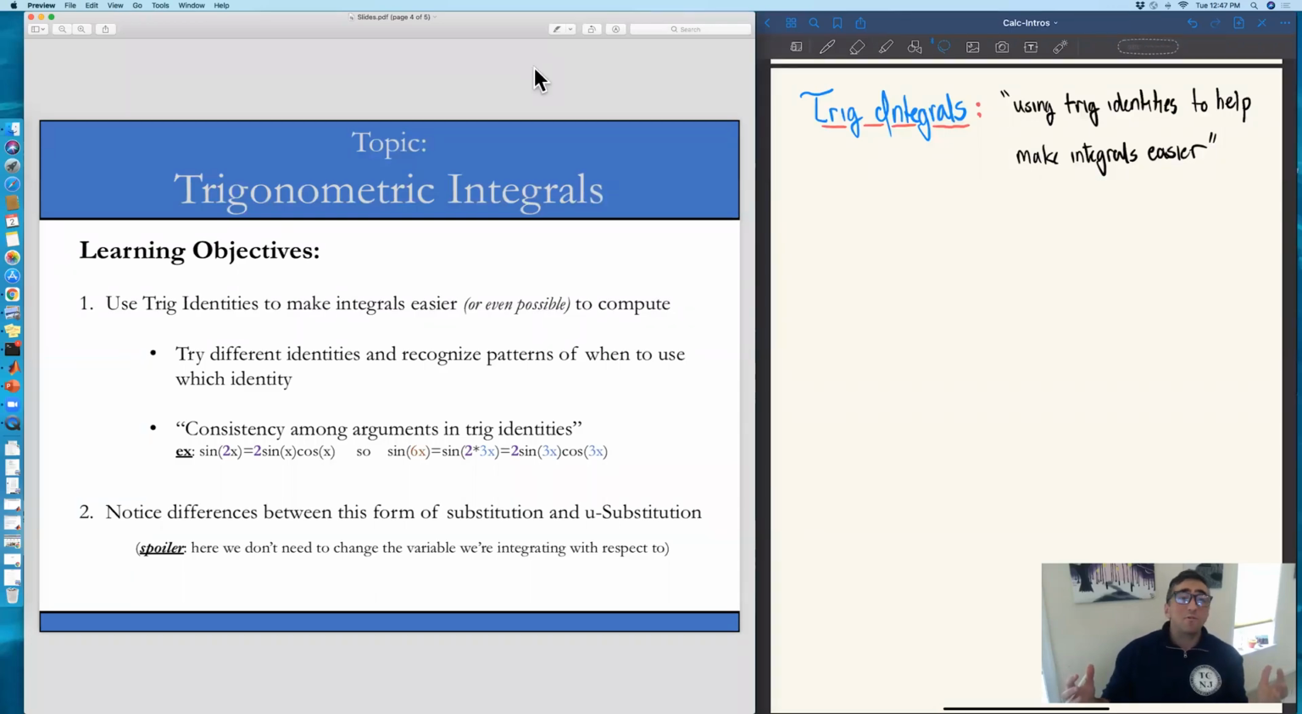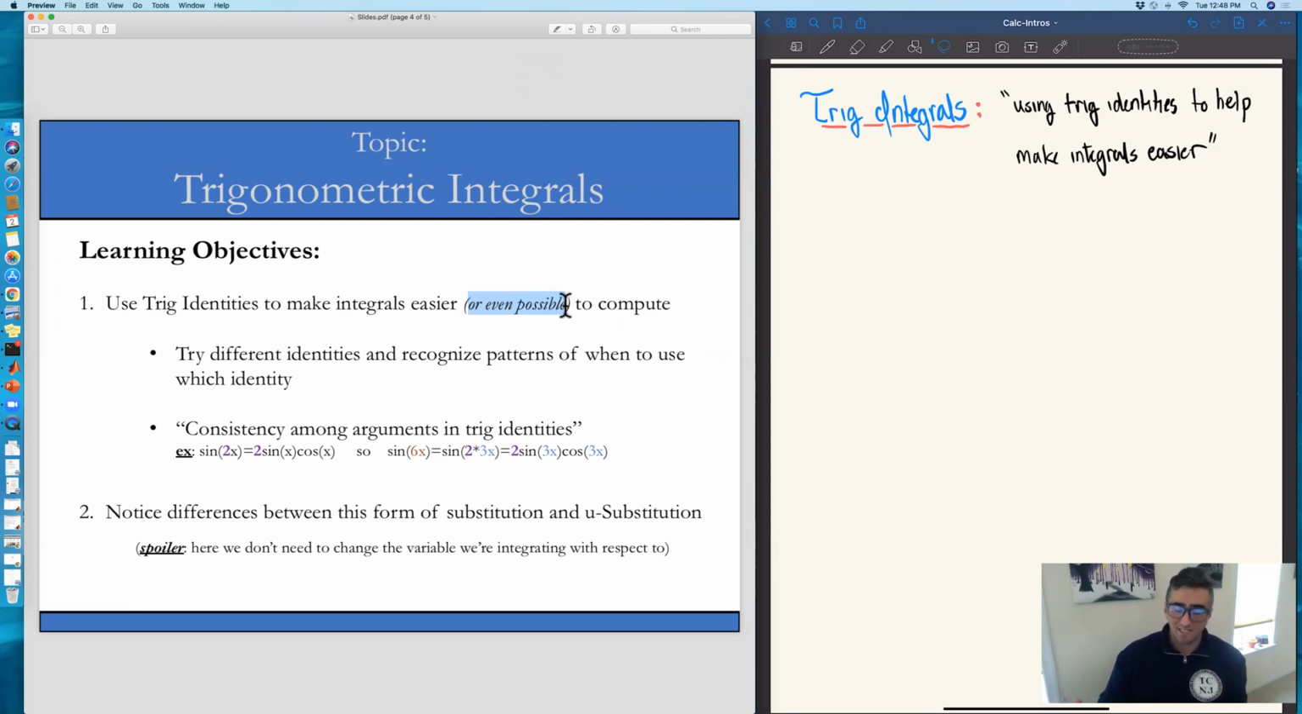Hi class, so today what we're going to do is use trig identities to actually help us perform and compute integrals. So this section is called Trigonometric Integrals, and what we're really getting to do is leverage trig identities to make integrals easier, or in many cases, actually even possible to compute. So we're going to be able to compute some antiderivatives that we otherwise would not be able to compute unless